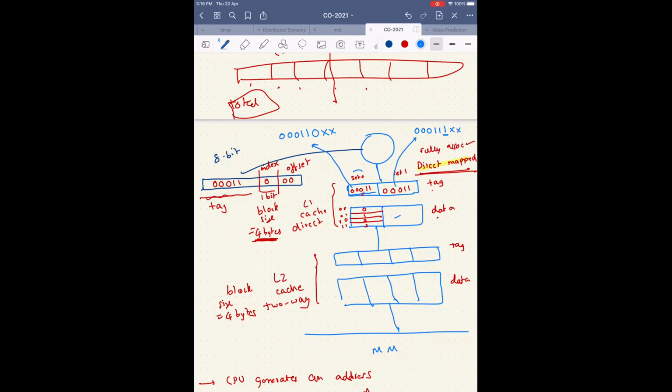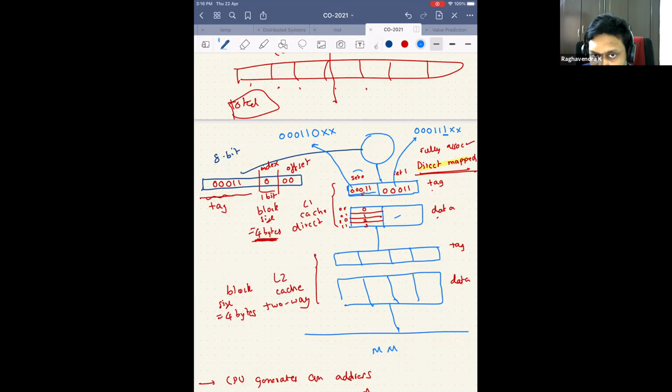Is this clear? Can you answer if it is clear till now? Till the L1 cache, if it is clear, we'll go to the L2 cache. If it is not clear, you will have to speak out, because this is the last opportunity you will have to learn. For the two people who are just clicking no, you will have to say what you are not understanding, or else we'll go forward. Okay, the majority of you have understood.